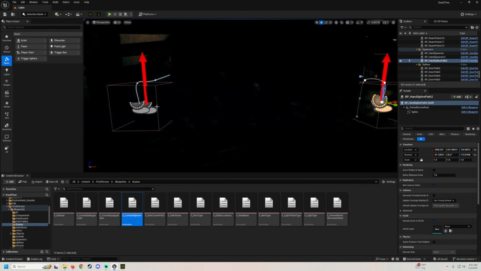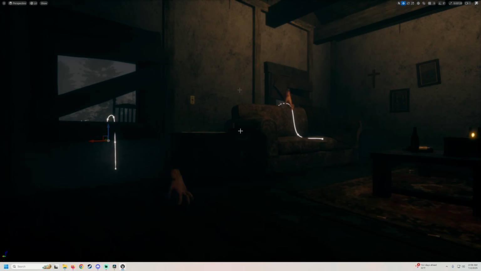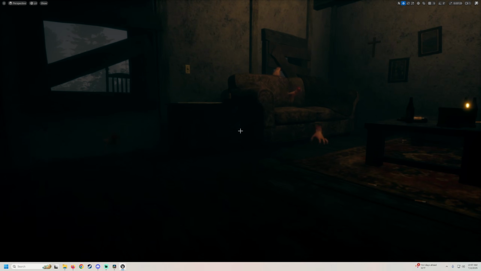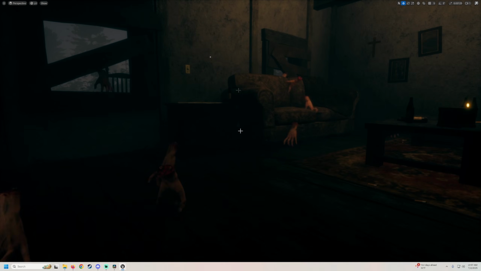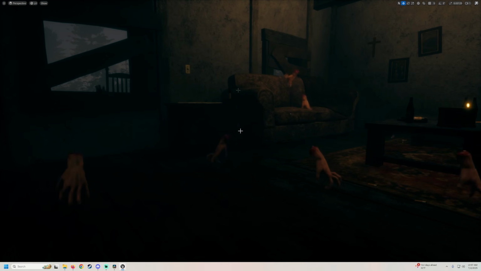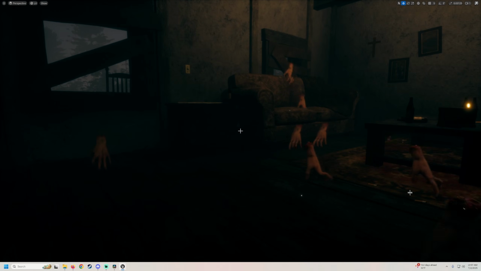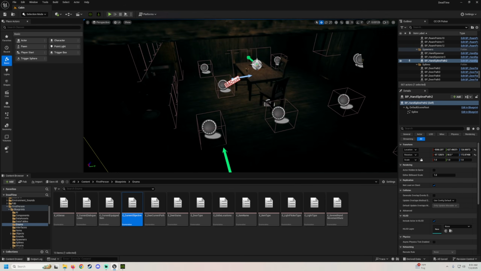So basically they spawn on these boxes, and they will connect to the spline, and on tick they will move along the spline. I can dynamically change their speed as well, so how fast they move along the spline. And basically, once they get to the end of the spline, they'll drop off, and that's what all of these